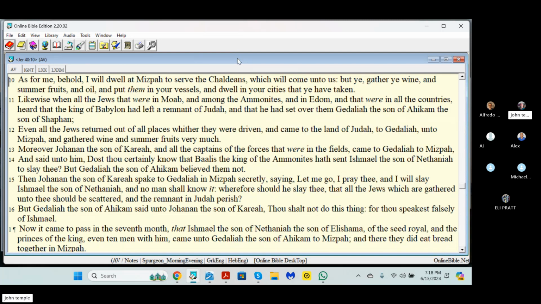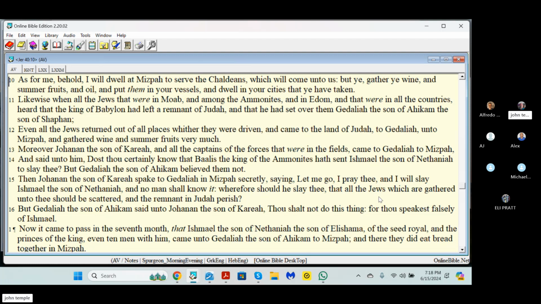As for me, in Jeremiah 40:10, behold, I will dwell in Mizpah to serve the Chaldeans, which will come unto us. So he's talking about 586 BC. But ye gather ye wine and summer fruits and oil, and put them in your vessels, and dwell in your cities that you have taken. So these are the people that stayed in Jerusalem, and